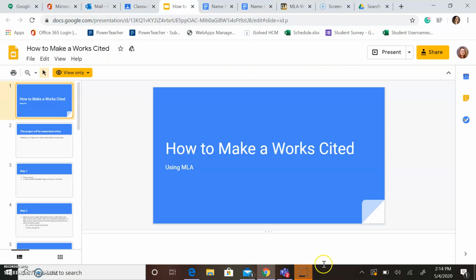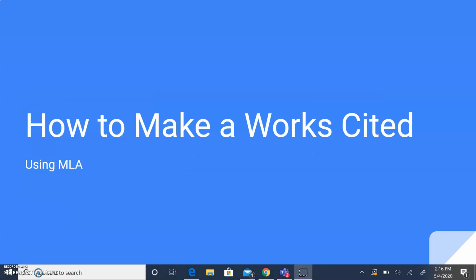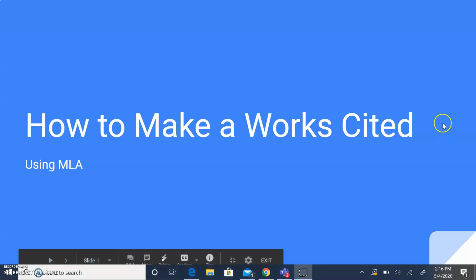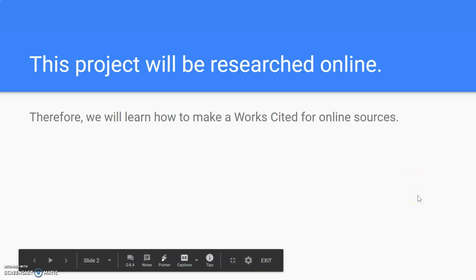Today I'm going to be showing you how to make a works cited. So a works cited, we're going to use MLA for the purposes of this course. It's a very formal way to show people where you got information for a project. So you'll be using MLA throughout the rest of your high school career and most likely in your college career,